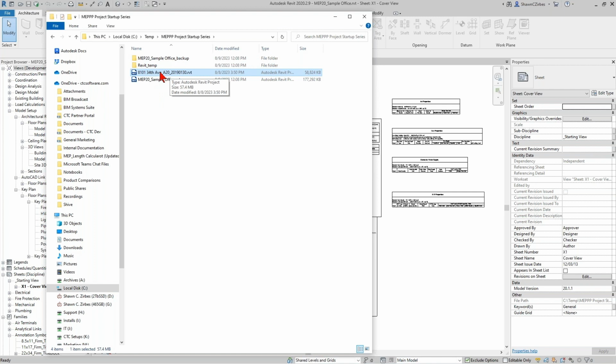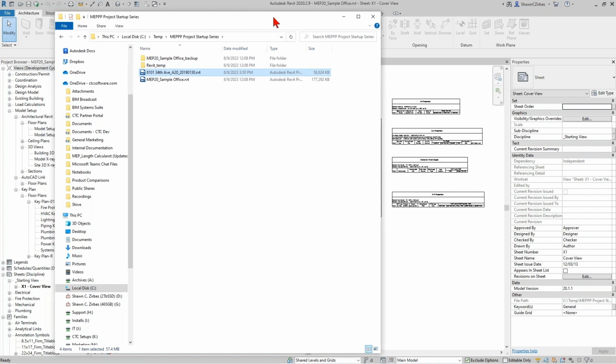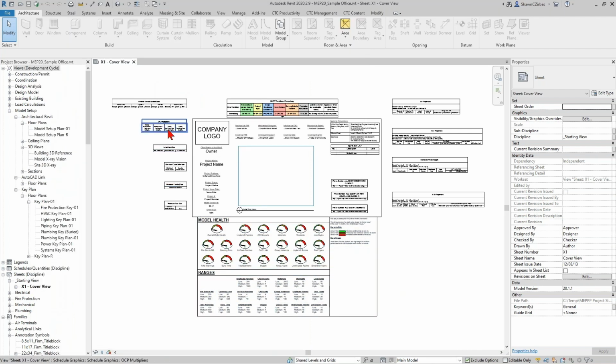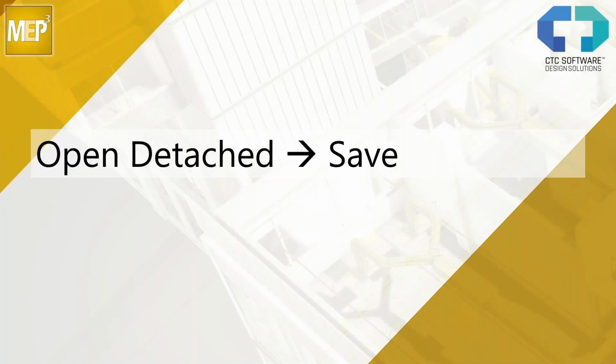I can always use absolute paths, it's whatever. Okay, now that I have done that, I have the architectural model where I want it. My MEP project model is saved as indicated by no more progress bar down here on the bottom. What I'm going to do is the next step, which is, well, first of all, before